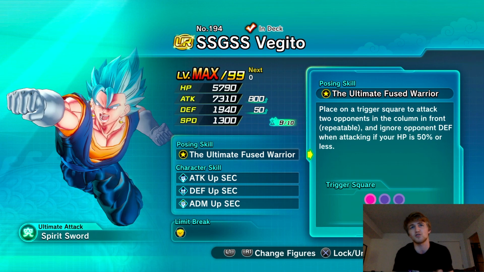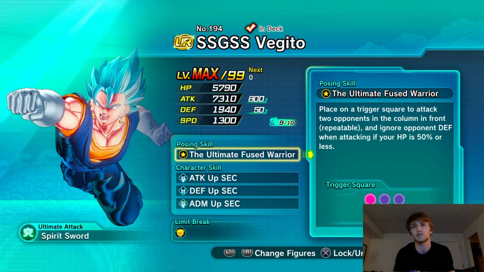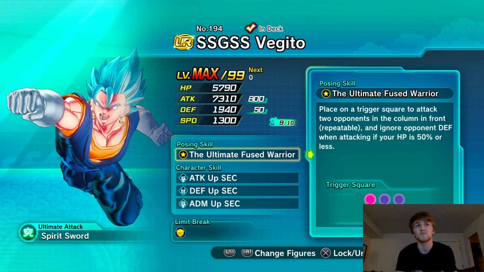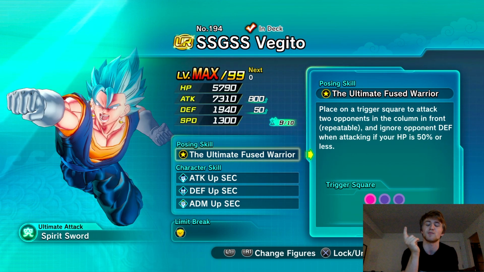Posing skill, the ultimate fused warrior. Place on a trigger square to attack 2 opponents in the column in front. Repeatable, and ignore opponent defense when attacking if your HP is 50% or less. Trigger squares, top left, bottom right. 2 fantastic trigger squares, guys. Because one, if you put him plus a Vados, he can be hidden with Vados. And also, if you put him top left and Vados top right,